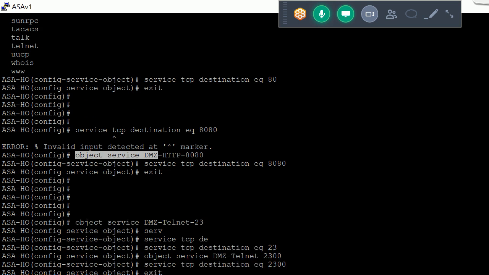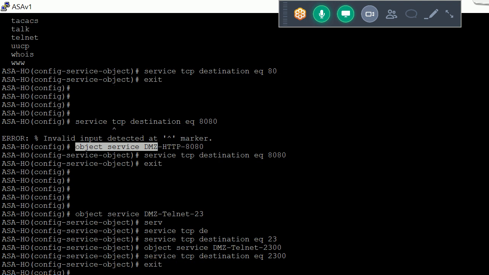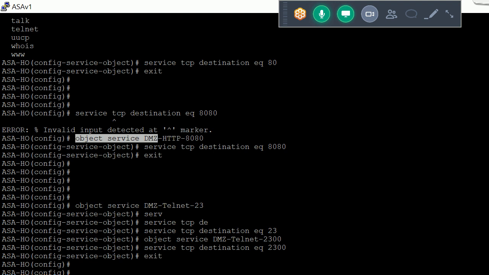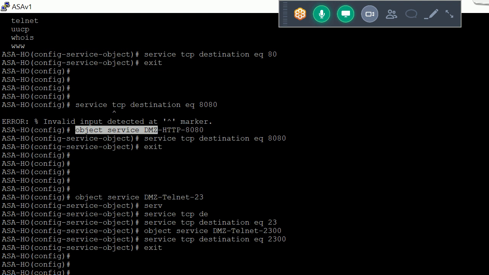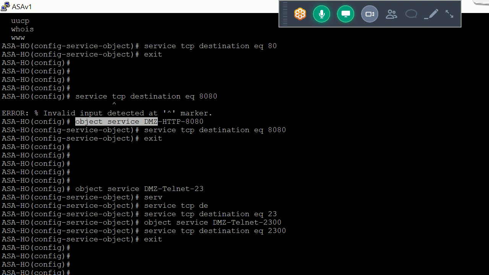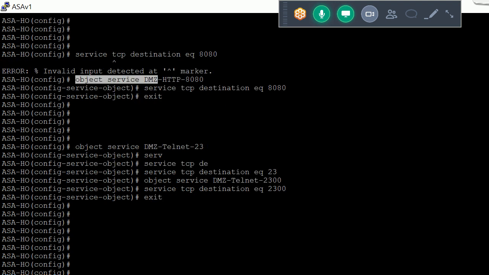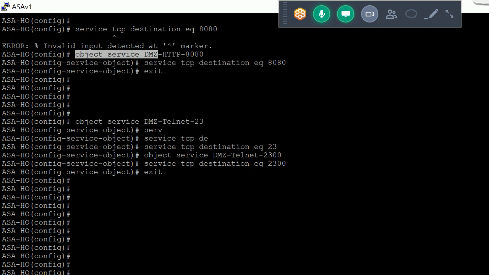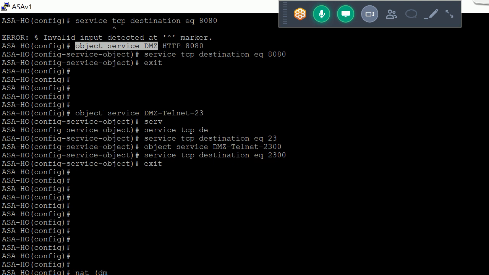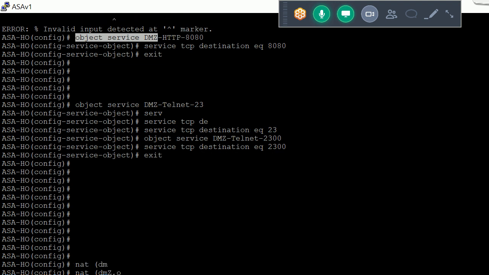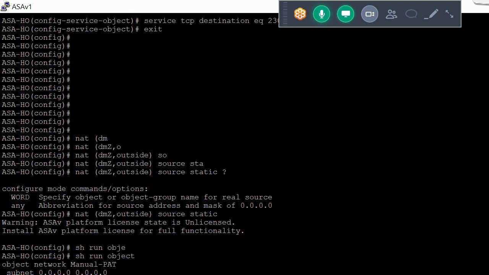Now let me add the NAT statement. NAT DMZ to outside source static. Here we define our private network. I actually forget the exact name, so let me run object: DMZ public and DMZ private.